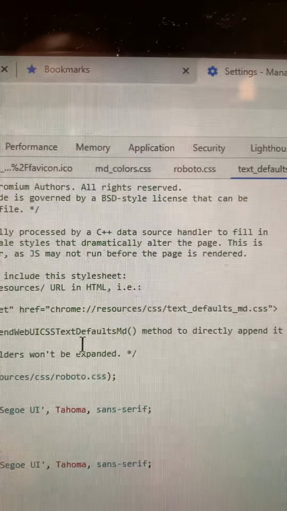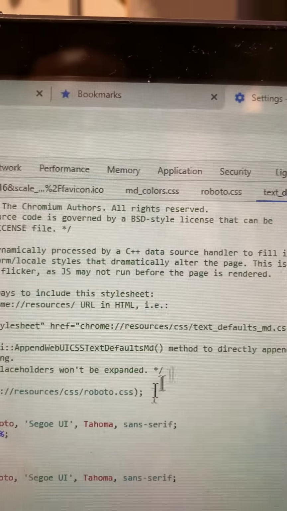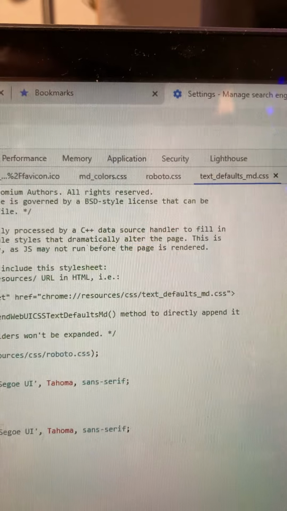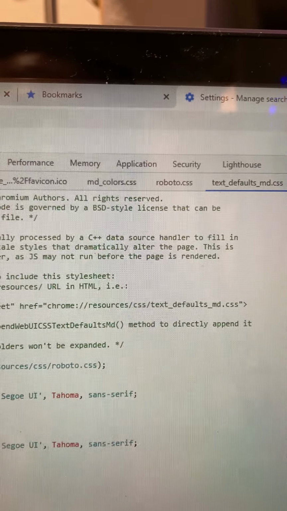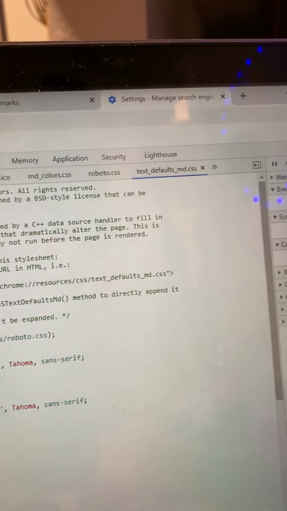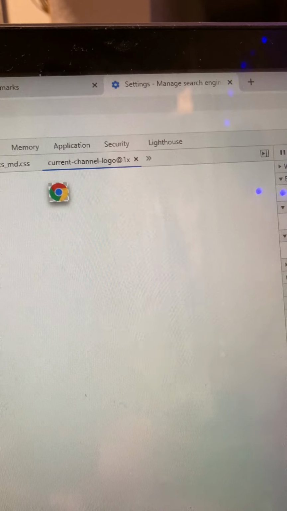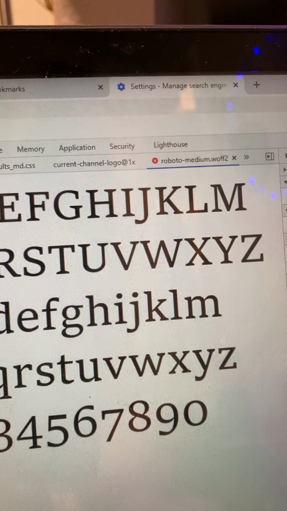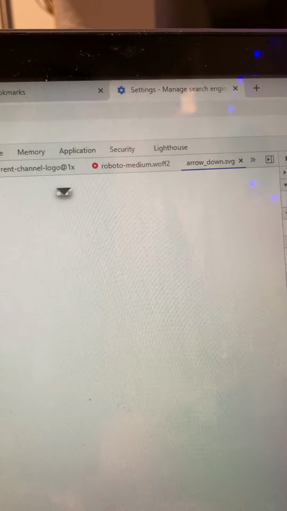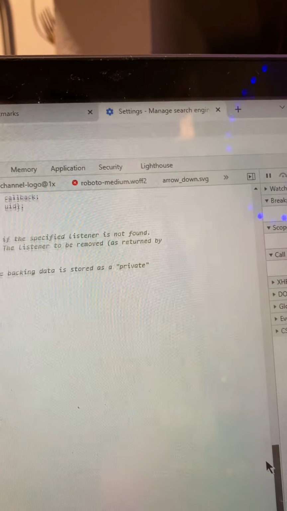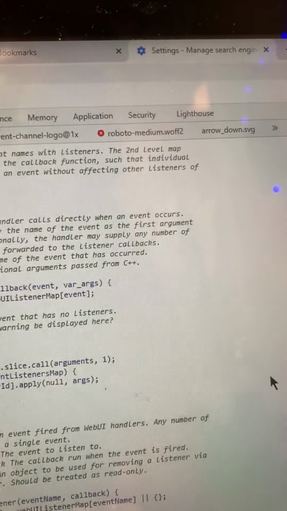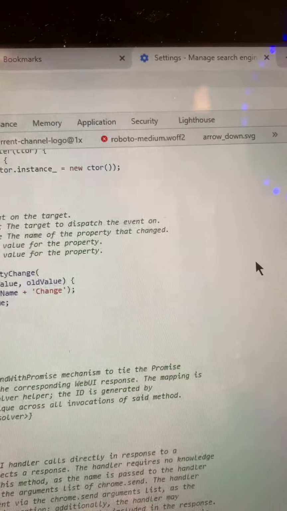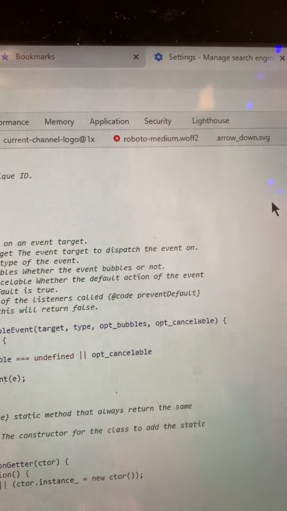There are two ways to include this style sheet. Dynamically, C++, right? Chrome resources roboto text. So that's, I don't know. Channel. Okay. The roboto text images, arrows, JavaScript, the one, yeah. We went over this. No, let's just run